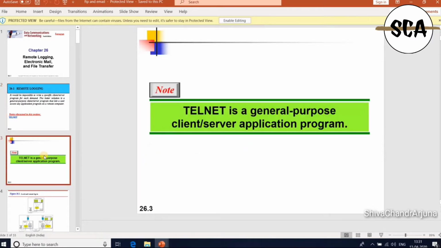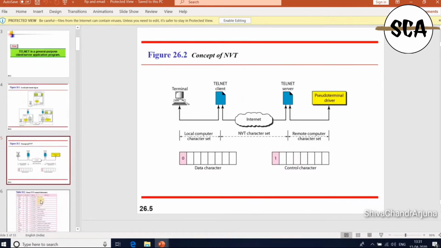Telnet, terminal network, is a standardized TCP/IP protocol for virtual terminal service, which was proposed by the ISO. Telnet is a general purpose client-server application. Telnet enables the establishment of a connection to a remote system. That is, the local terminal appears to be a terminal at the remote system, and we can see a time sharing environment here.